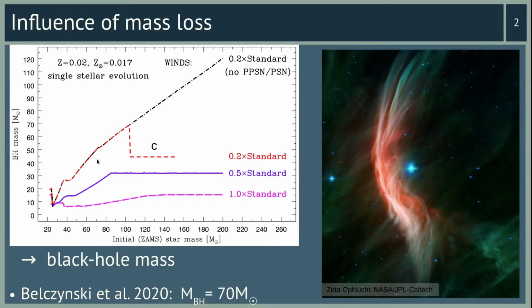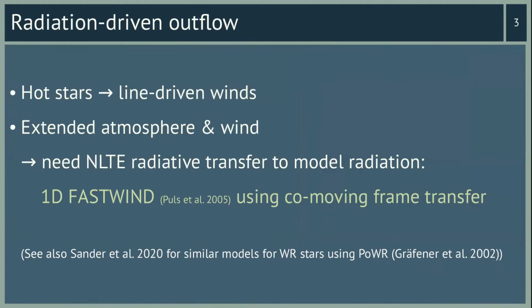So we want to be able to describe such mass loss, and this mass loss arises from some radiation-driven outflow. For the hot stars that I will be looking at, it's line-driven winds, and these cause very extended atmospheres and winds. So if we want to describe them in detail, we need non-LTE radiative transfer to model this interaction between the radiation and the matter. For this, we turn to the one-dimensional code FASTWIND,